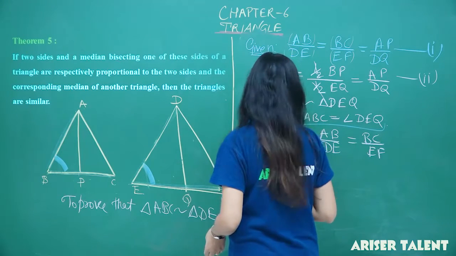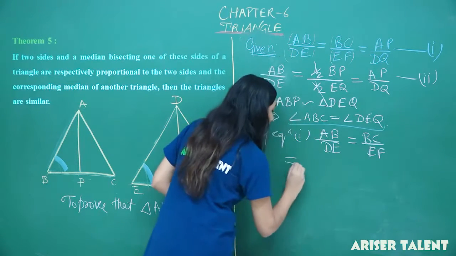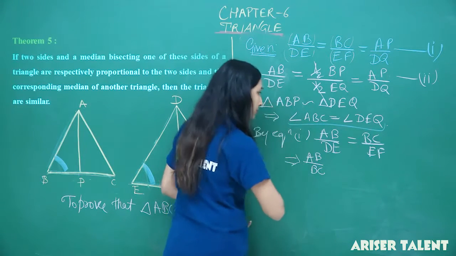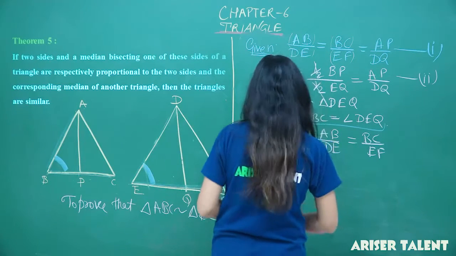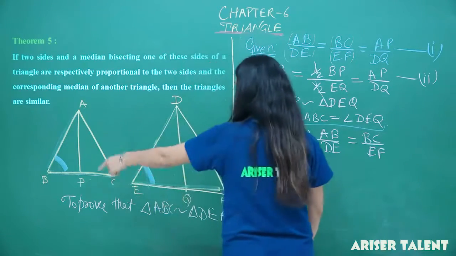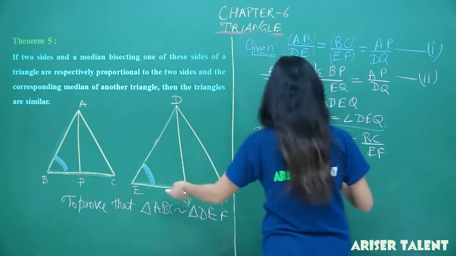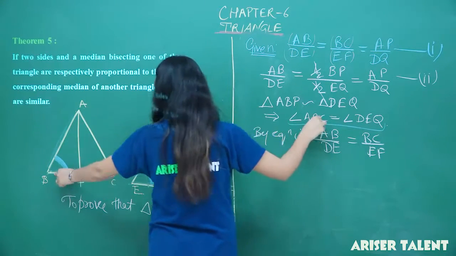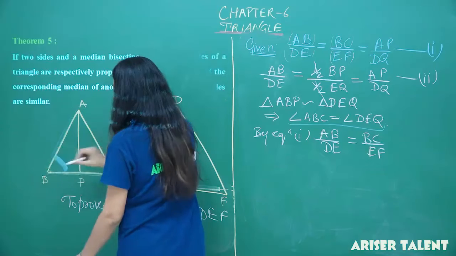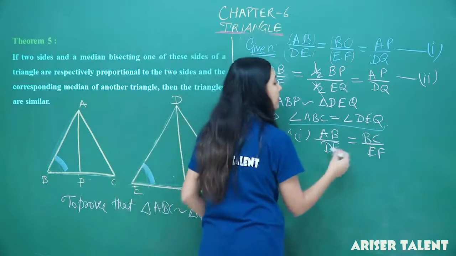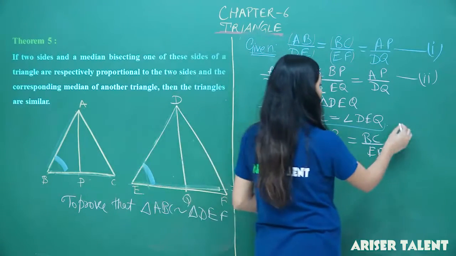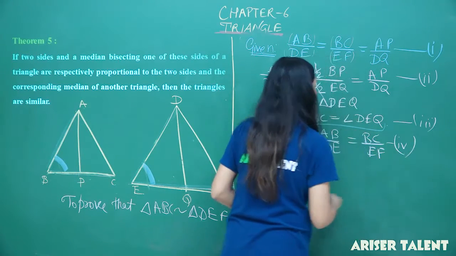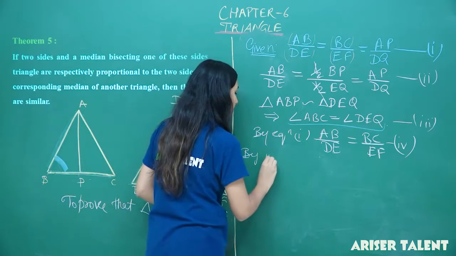I have this, and I have this common angle, the angle made from these two sides, whose ratio is also equal. So, by third and fourth,